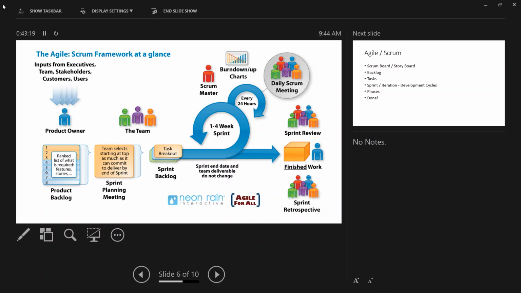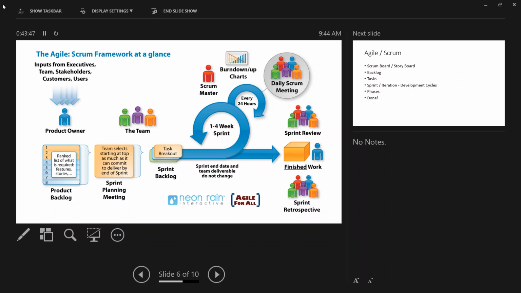Then they start breaking down the tasks and designing it. From the QA perspective, you will write your test cases for those 5 stories and start working it out. At the end of the 3 weeks, you release to production, finishing the work, and users can start using it in the production environment.